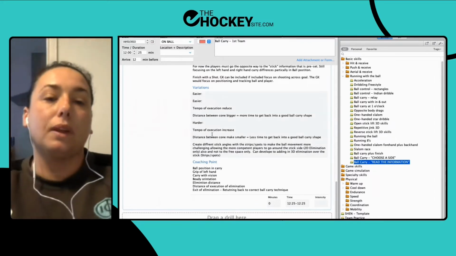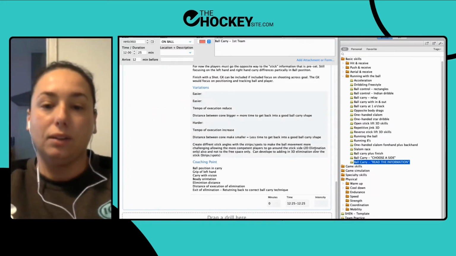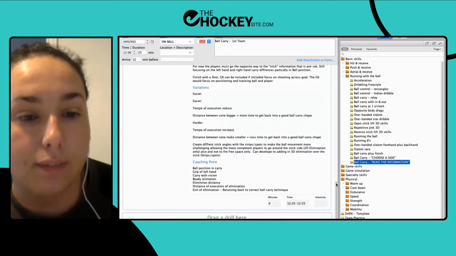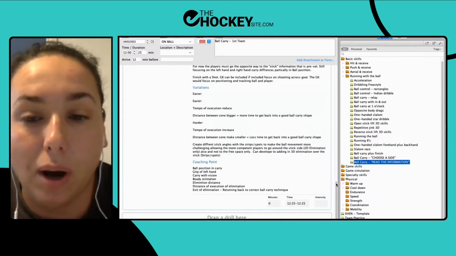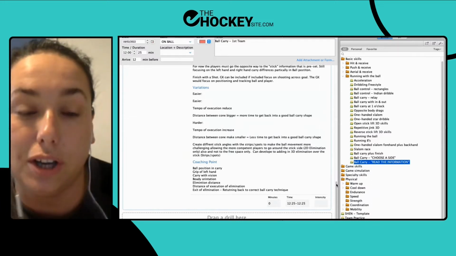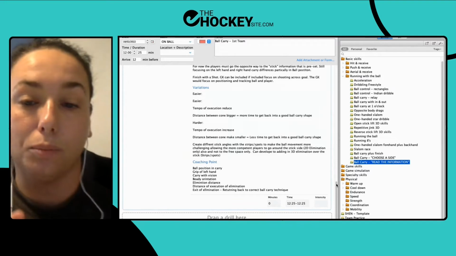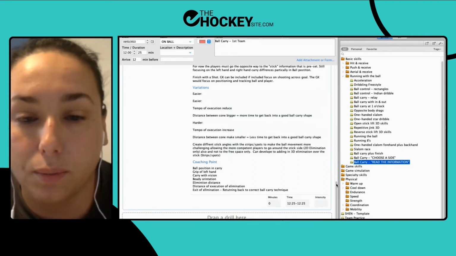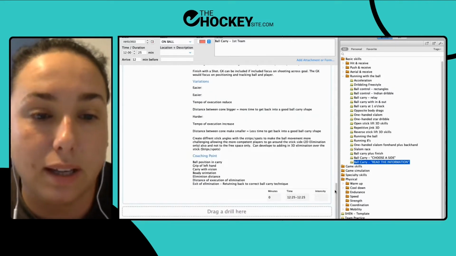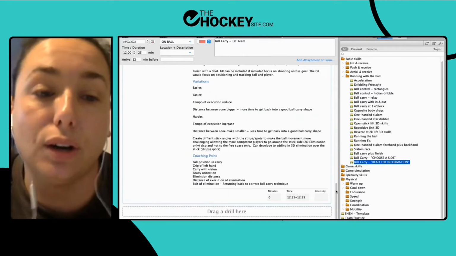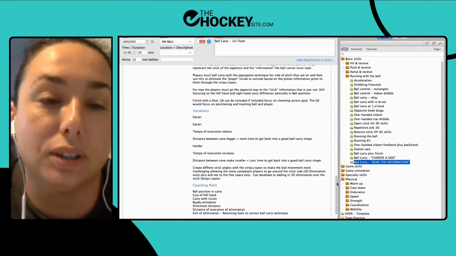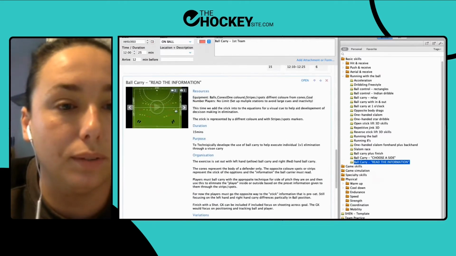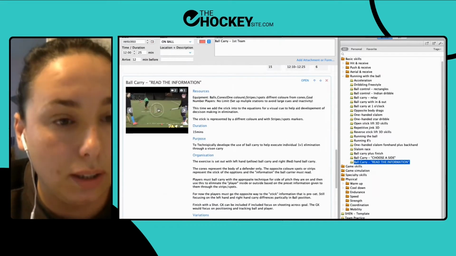The other variation to make it harder is to change the angle of the stick. So you can see all the sticks were just out left or right of the body. You can have it slightly ahead on an angle, slightly behind. You can even move the body shape of the cones on more of an angle. So they've got to ball carry and approach the defender in a slightly different way. That will make it harder for the players that are finding it perhaps slightly easier, or are already competent at the technical shaping. So what I'll do is, if I go back up to the video,